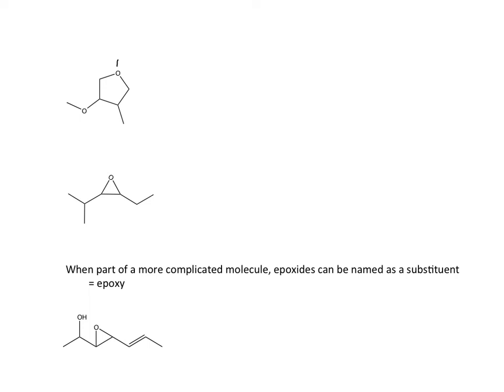So we will be going this direction. We'll go 2, 3, 4, and that would be 5. So we have 3 methoxy, then 4 methyl,